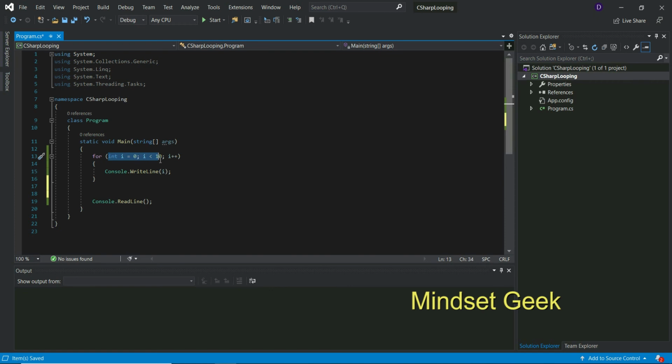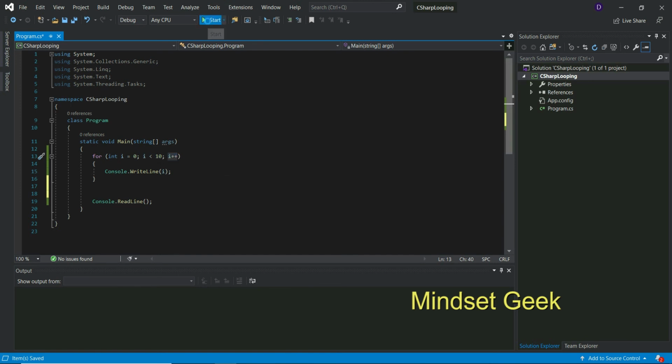First initialize the value and check the condition, then execute the content inside your for loop. At last, increment or decrement.